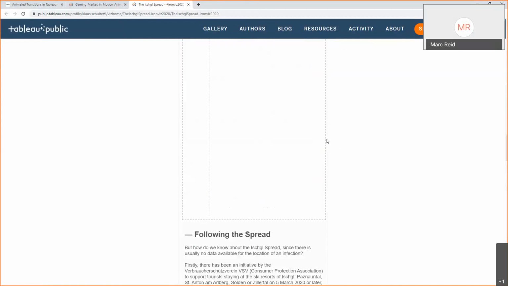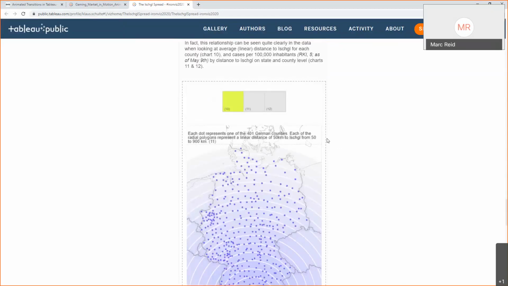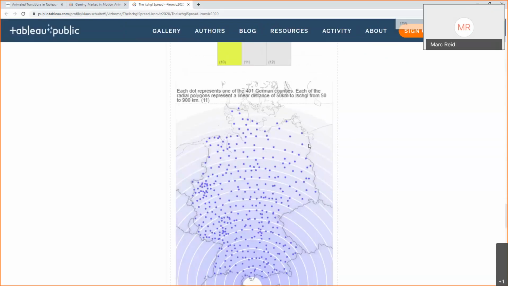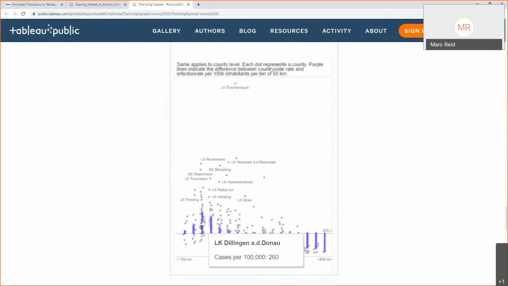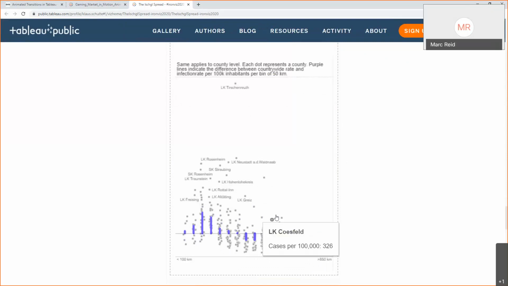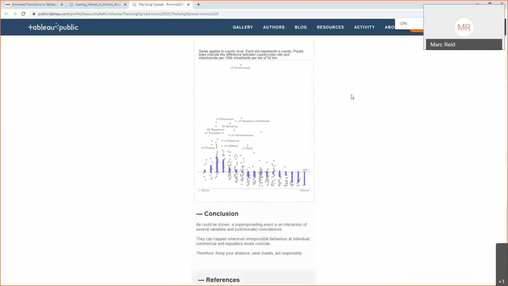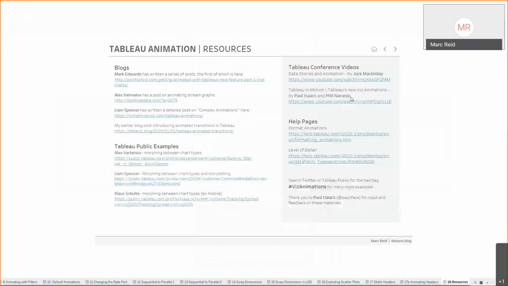I'll just show you this final one where we have some view on a map here. So these dots on the map, as we step through, transition into this scatter plot view, and then finally move into just a plot view here with these blue bars. So all of that's done again using some of these similar techniques where you're making sure the mark IDs remain the same as you transition through the different states there. So there's lots of examples to look at and learn more from.